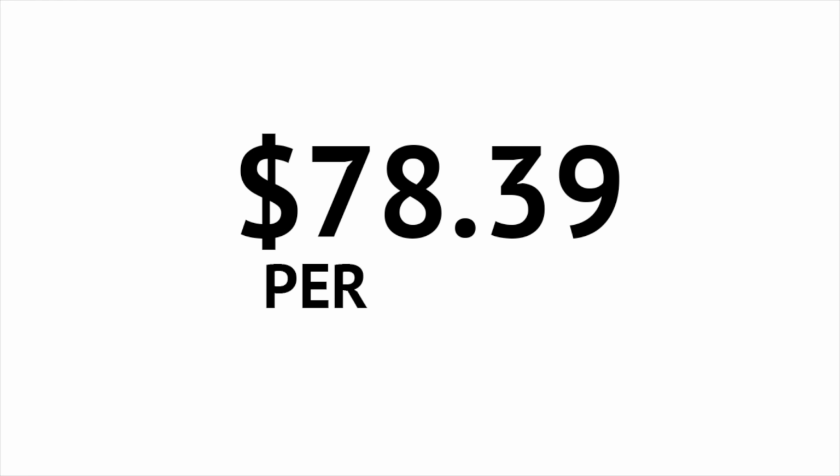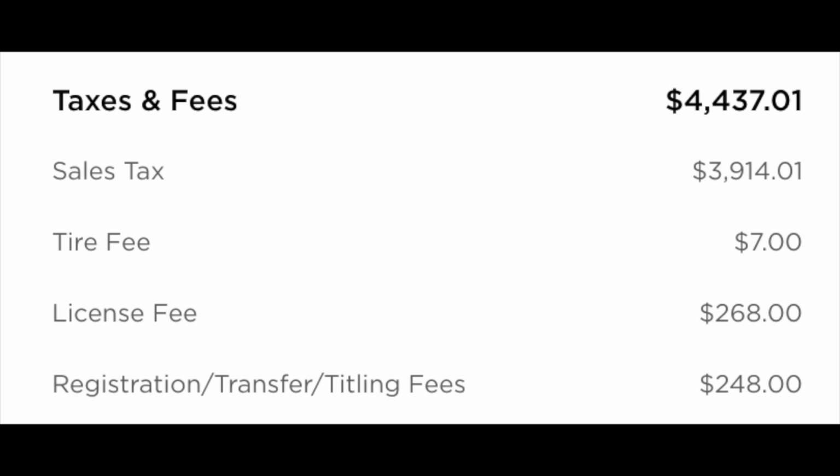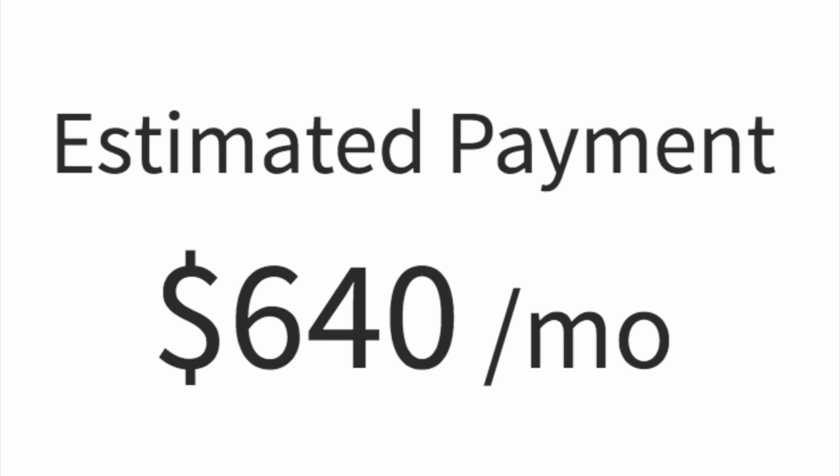So you might be wondering now, how did I get this car for $78.39 per month? Well, here's how. Now, because I financed 100% of the car, my only out-of-pocket cost was taxes, insurance, and registration, and that came to $4,437.01. Now, because I financed the cost of the car, this means I now have a monthly car payment to make. This car payment is $640 per month, which works out to be